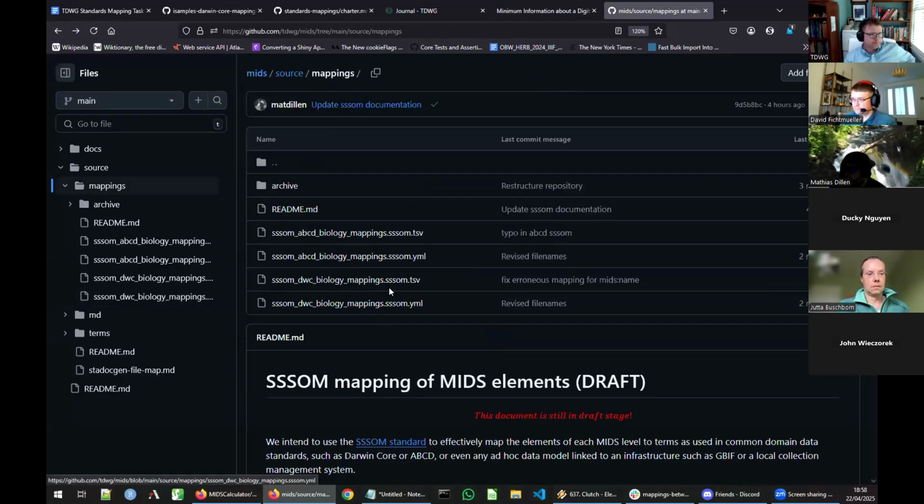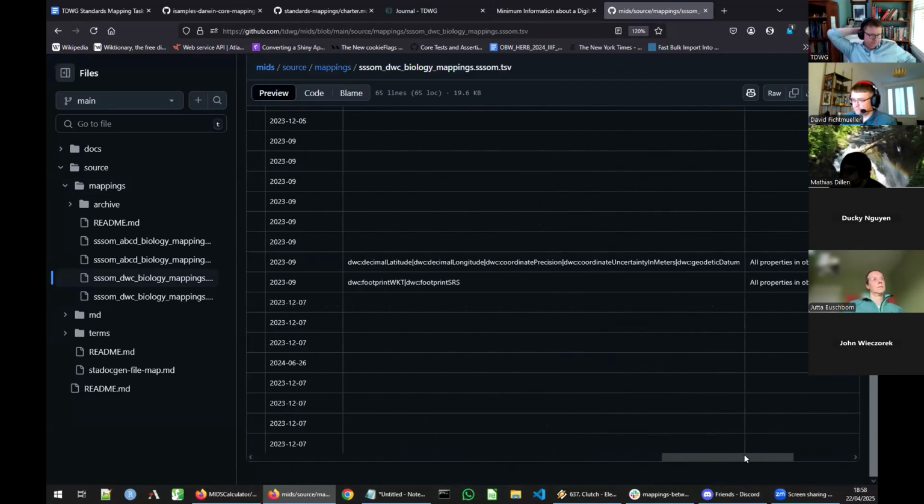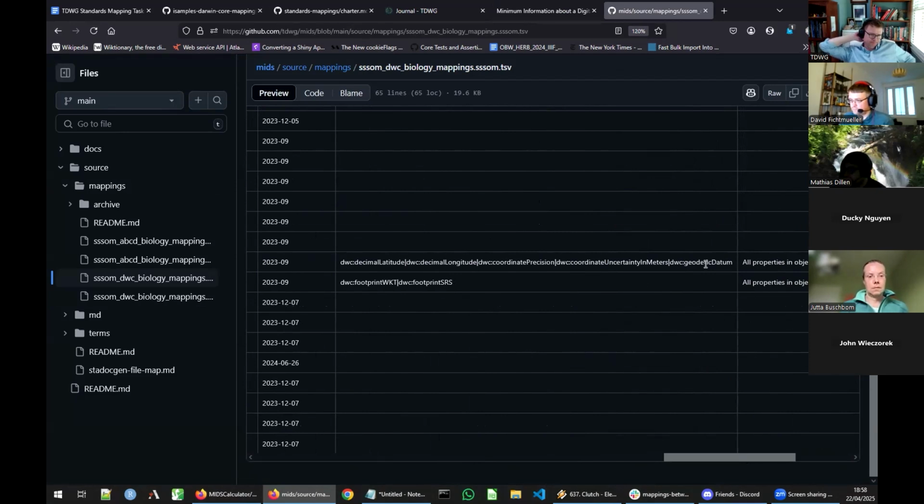We use the object match field to make it clear which terms those are in the other standard. So if we go back to one of the mapping files, we'll find one example where the object match field is used to specify all of the terms mapped that need to be present for this condition to return true. This is not necessarily best practice according to the SSSOM standard, but the reality is that we're still not sure, and we haven't really seen how SSSOM is used in more complicated scenarios in the wild. That's one open question that I might want to raise in this group.